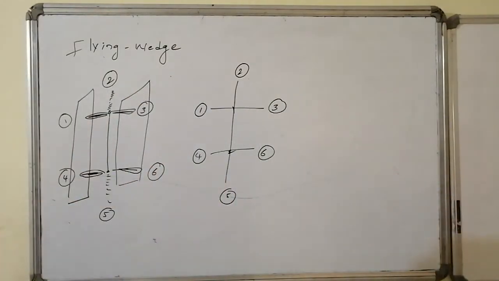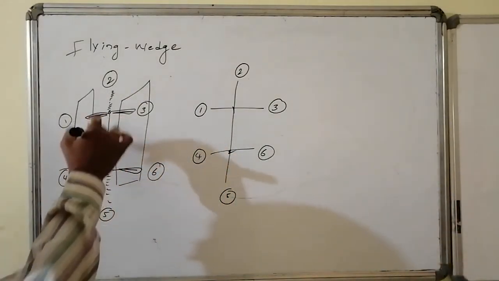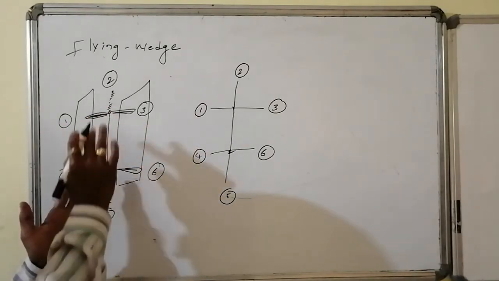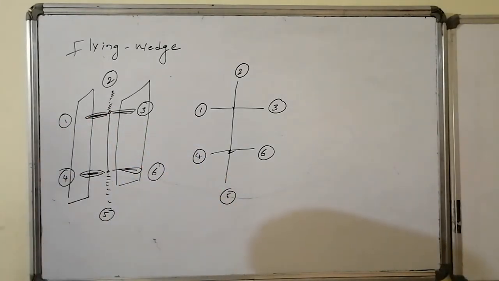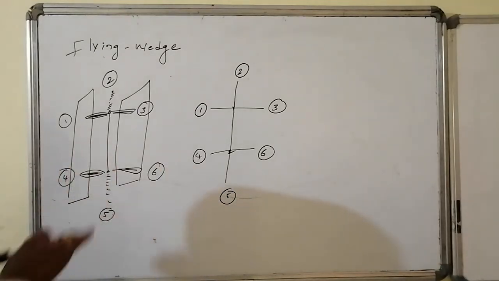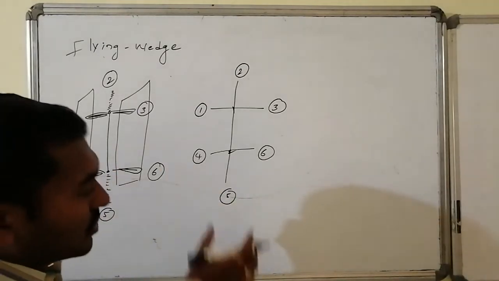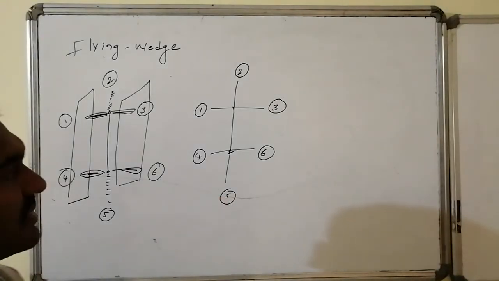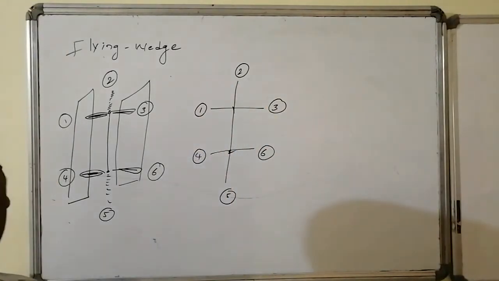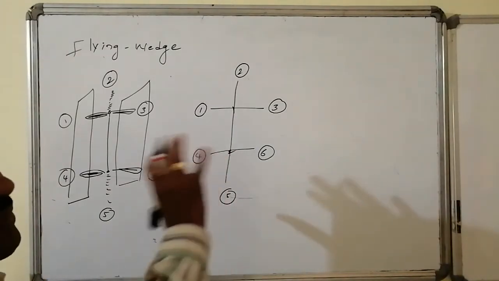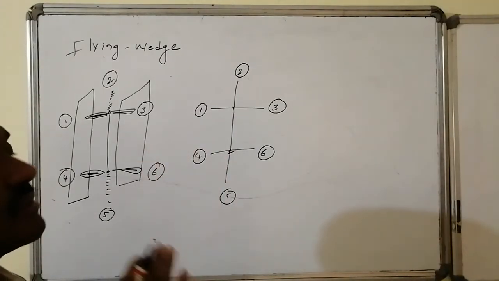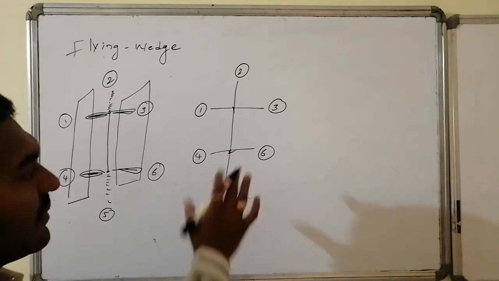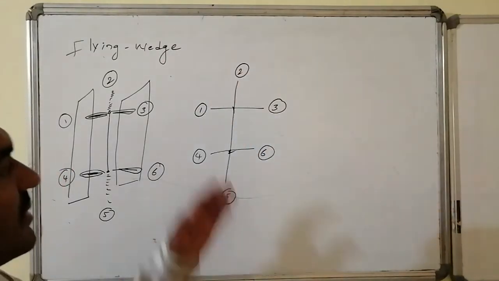As these are present in the same plane, the angle of separation between them, if I take these atoms connected by one carbon, then the angle is 0. That angle is said to be the dihedral angle. Though here I am writing this one like this, the same situation arises. The top valency as well as the bottom valency of carbon and carbon of the Fischer presentation are present away from one another, away from the board, and present in the same plane. Similarly, this 1 and 4 are in the same plane. Similarly, this 3 and 6 are in the same plane.